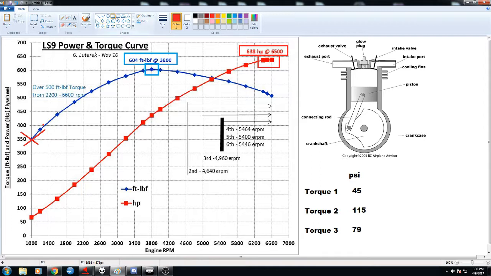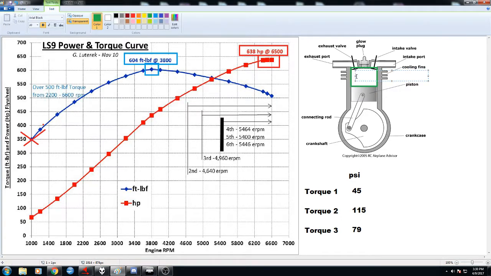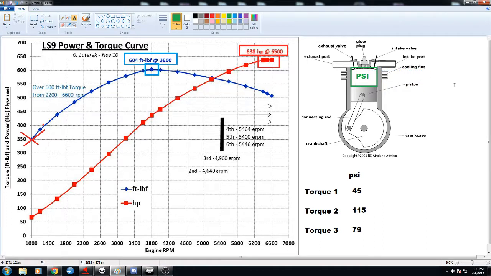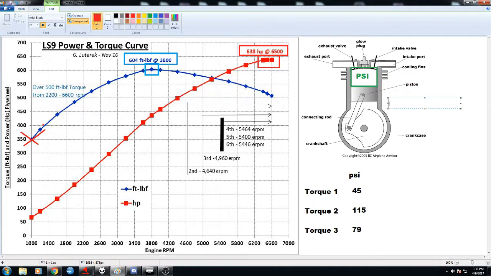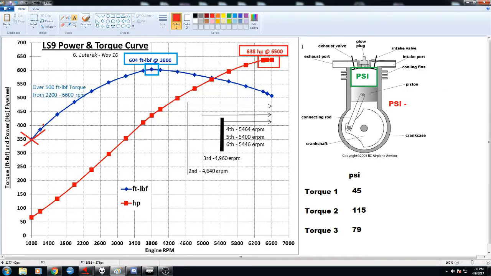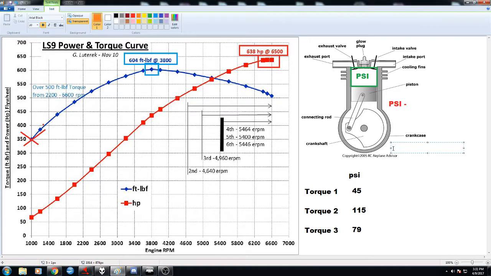Basically, from the previous video we got indicated mean effective pressures and brake mean effective pressures. Let me rephrase it pretty quickly. The indicated pressure is measured in PSI, and that is the pressure that happens inside the cylinder at the moment of explosion. Then we'll lose some of that PSI due to friction and pumping air and fuel in and out of the cylinder. Not everything basically reaches the crankshaft in terms of usable energy, which I'm gonna get here in orange,